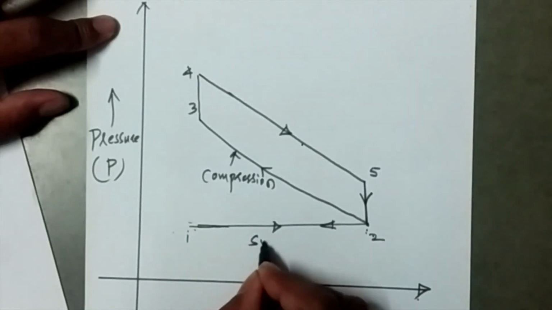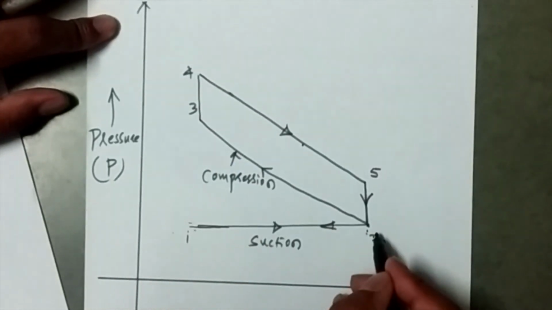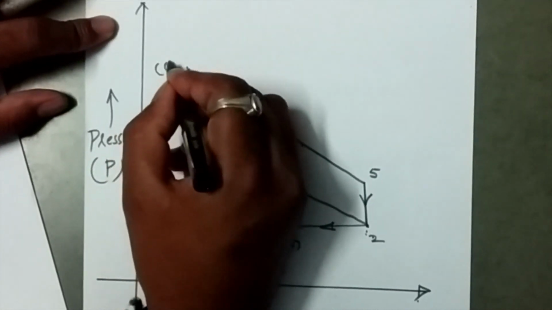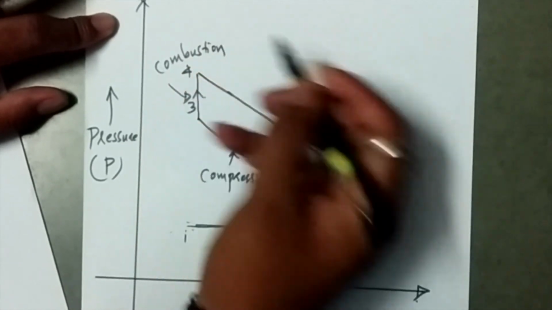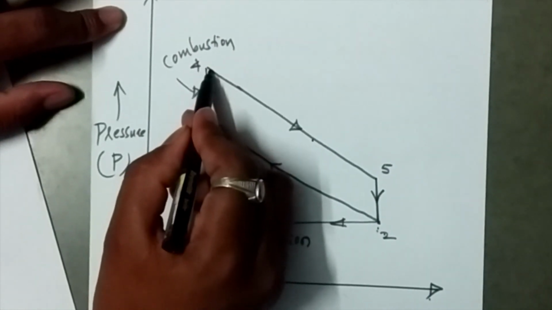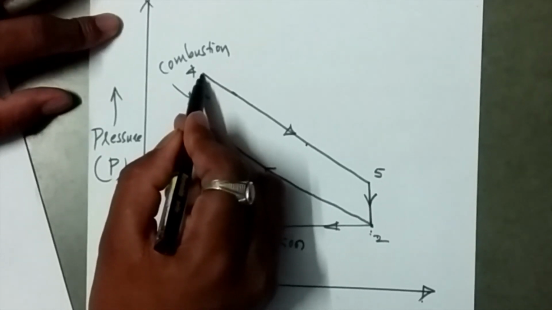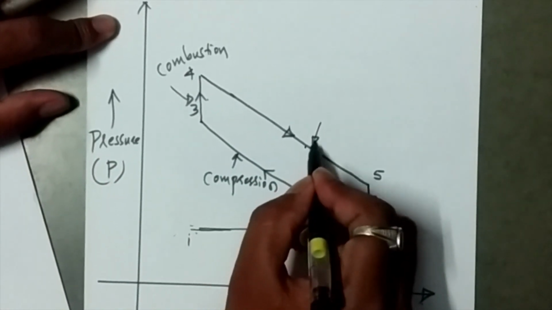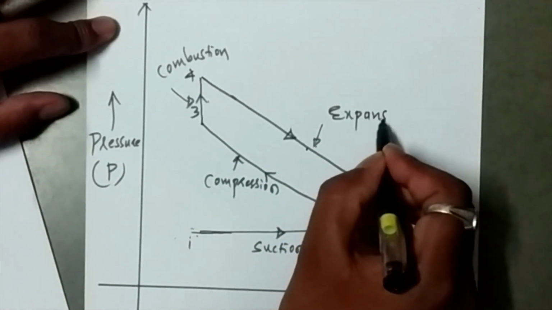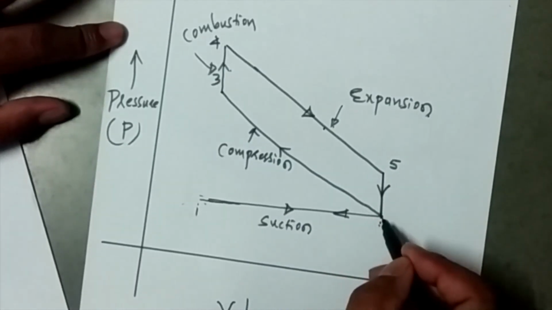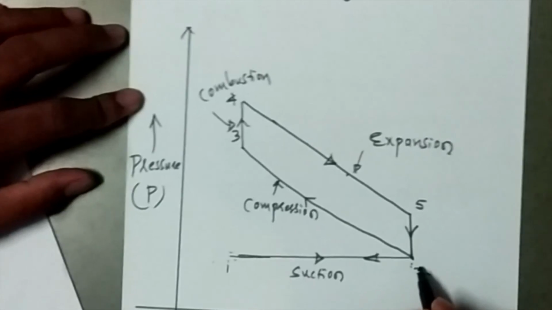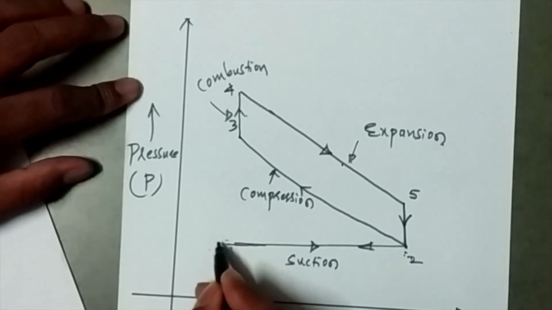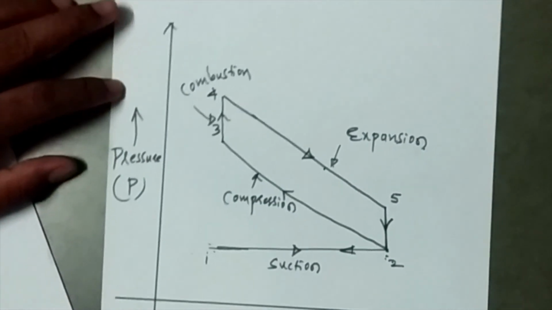After the compression stroke, combustion begins. So 3 to 4 is the combustion. After the combustion has taken place, the power develops, and that power makes the piston expand. So this is the expansion, 4 to 5, and this is also an adiabatic expansion process. And then 5 to 2, here the valve gets opened up, and then the piston moves from BDC to TDC. Again the cycle repeats. So this is all about the 4-stroke petrol engine.